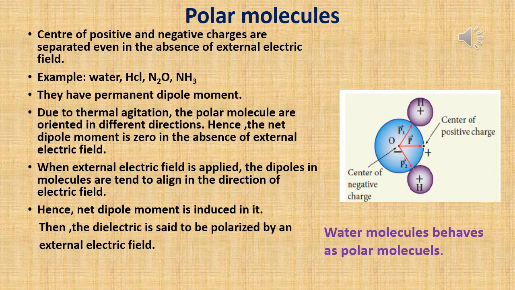Now we will see the nature of polar molecules. Look at the diagram nearby. I have given the diagram of the water molecule. In the case of the water molecule, two hydrogen atoms are there. In the ionic form, they have positive charges. The center of gravity of the positive charge is marked there. In between the two hydrogens, an oxygen atom is there. When compared to the size of the hydrogen, the oxygen atom is slightly bigger and its center of gravity